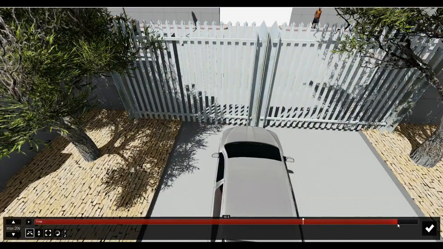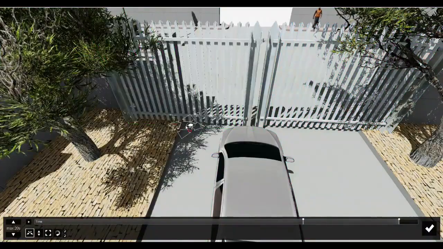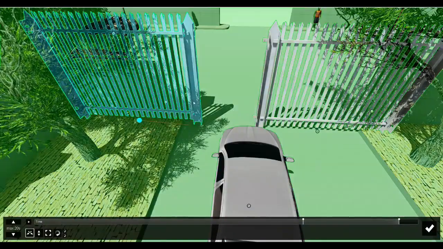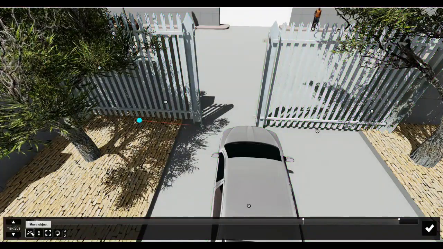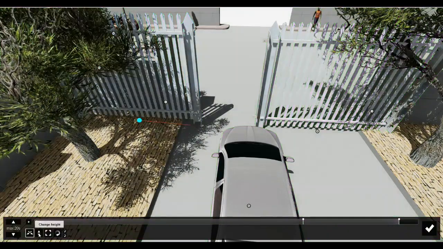to bring it to its end position, which will basically be the open position, and we'll now move this all the way to the open position like this. Now keep in mind that we have the move object selected, not the height, not the size, not the rotate. Again, if we select any of these, it will start to work in that direction and not in the move